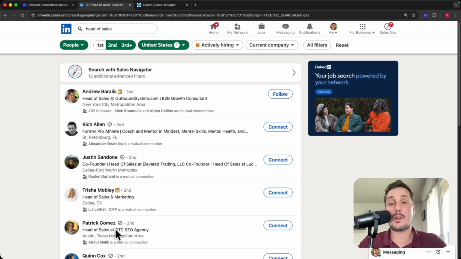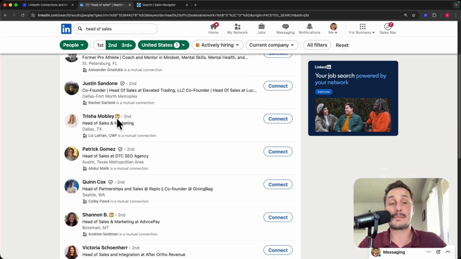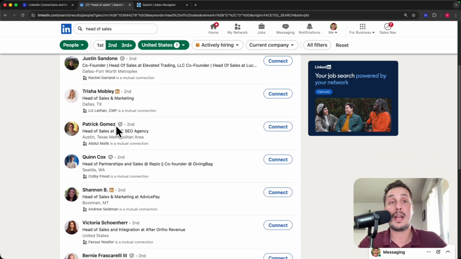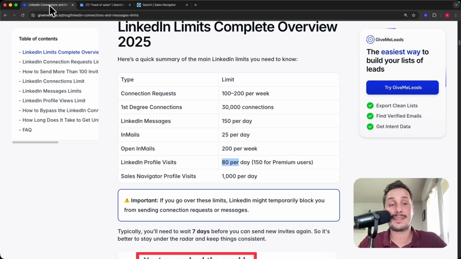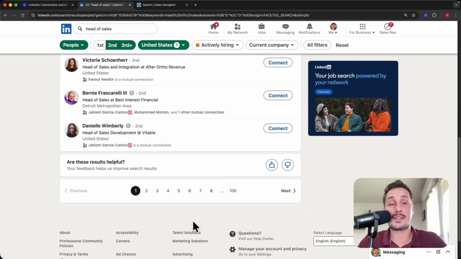Now, the main problem when you use the LinkedIn free plan is that you have a limit of 80 LinkedIn profile visits a day. So when you use a third-party tool to export these people into, for example, a CSV file, this third-party tool will only extract 80 people per day, and it's a limitation for this LinkedIn free plan. So if you want to extract 1,000 people with a LinkedIn free plan, you have to wait almost 2 weeks,